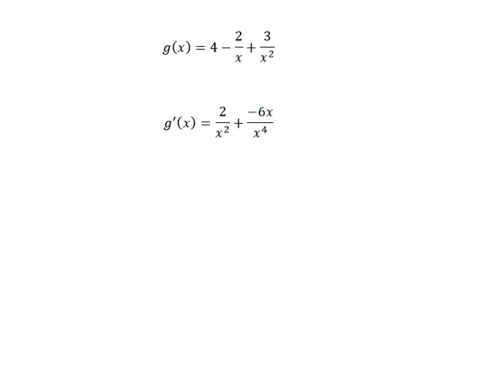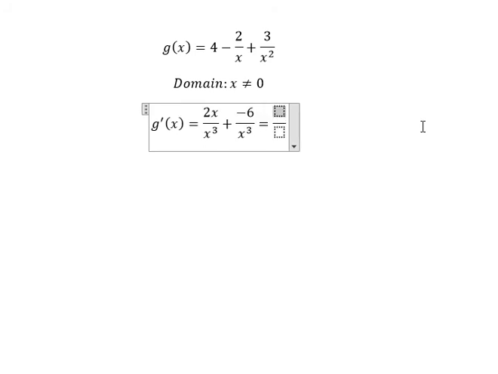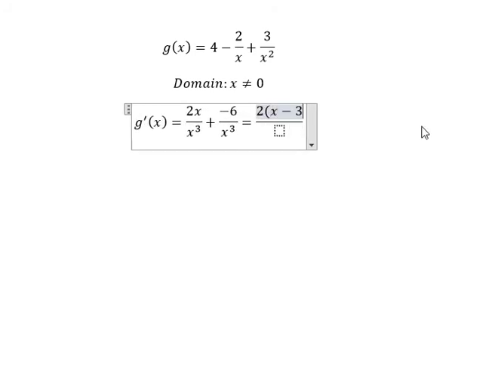Next, we need to know that the domain in here is x cannot be equal to 0. Next, we need to simplify this one, and you get negative 6 over x to the power of 3. On the left, we multiply both sides with x to the power of 3. Next, we can do factorization here, and that should be